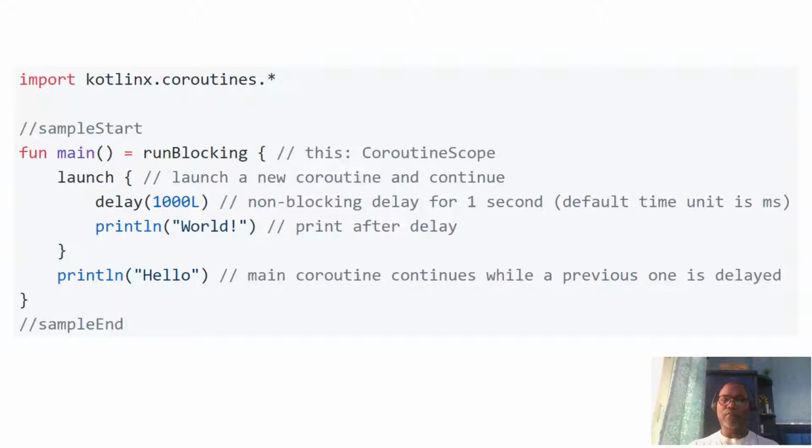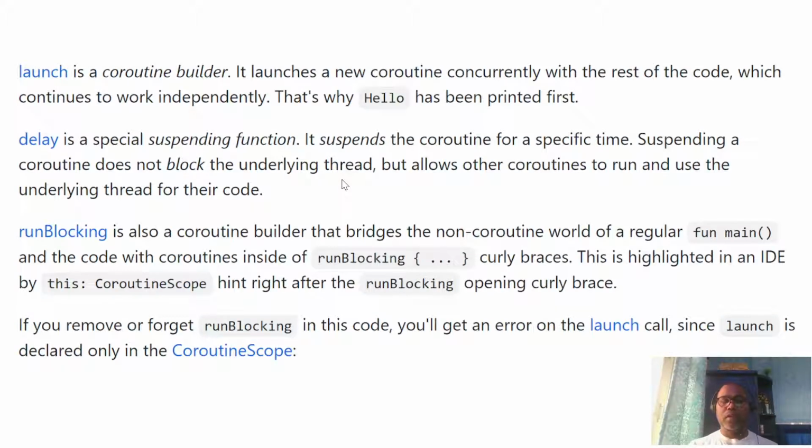Whatever set of code lines you want to run in an asynchronous and non-blocking fashion, just write those inside your launch block. Launch is just a new coroutine block. There are some keywords we are using here like launch, delay, runBlocking. Launch is a coroutine builder.